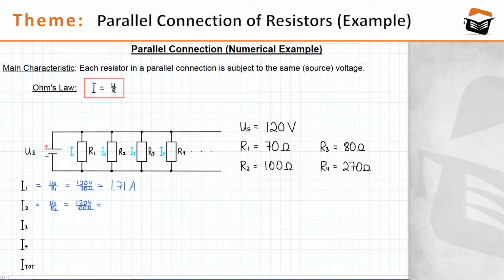So 120 volts divided by 100 ohms, that can be done in the head, and that gives us 1.2 amps. I3: R3 is 80 ohms, and that gives us a nice number. For I4,